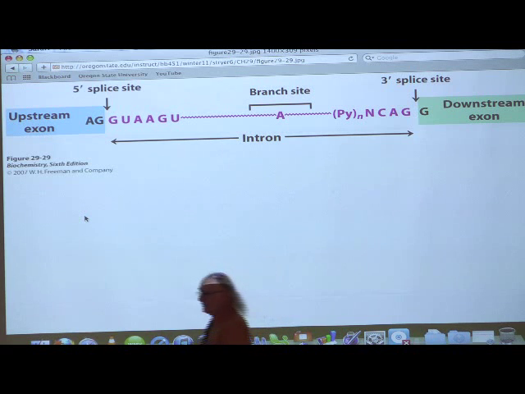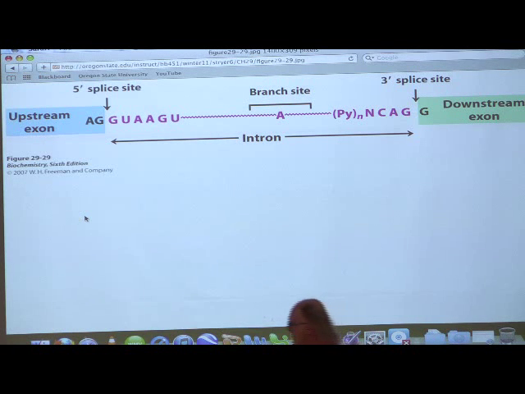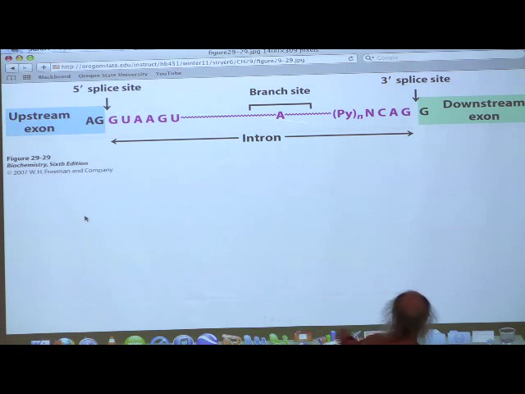Well, these guys have names. The portions of the RNA that end up in the final product are called exons, E-X-O-N-S. The sequences or sections that get removed are called introns. Now, one question is, how does the cell know what to remove? We know a lot of the answers to that, but we don't know all of the answers to how the cell knows which sections to remove. You can imagine that if the cell doesn't remove a sequence properly, it's not going to make the right protein.